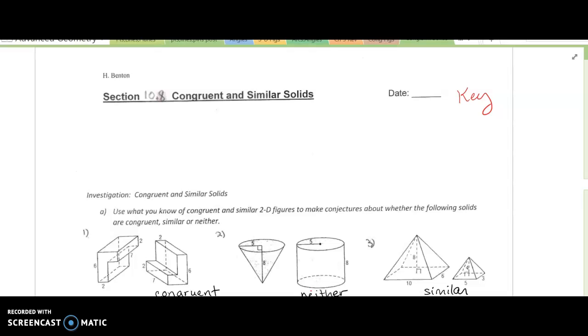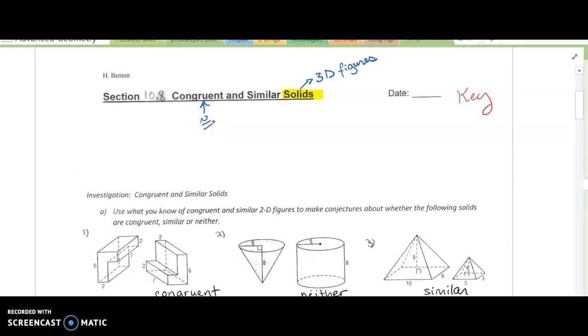Okay, so the congruent and similar solids. Solids is a fancy way of saying three-dimensional figures. So we've already done similarity in area with two-dimensional figures. Now we're just going to step it up for three-dimensional figures. And you remember that congruent means